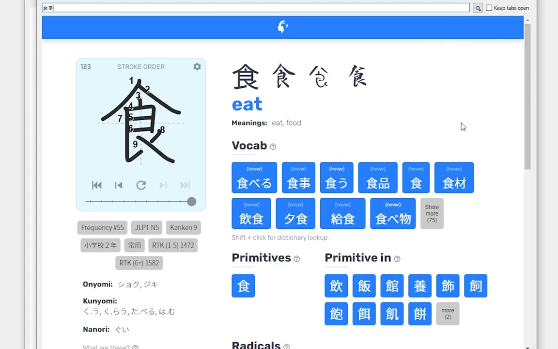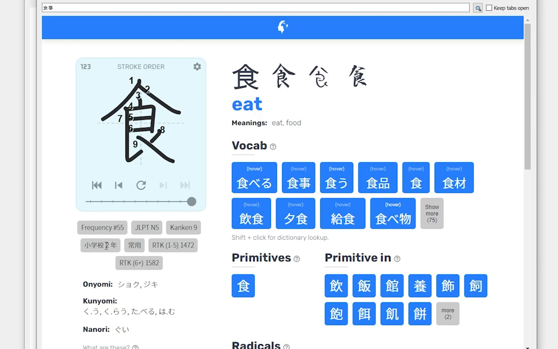So what do we see on here? In the top left corner, we have our stroke order diagram, and you can turn the stroke order on and off if you don't want to. And in the settings, there are some additional options where you can change the behavior of this stroke order diagram. And then down below you have the buttons. You can just play around with it a little bit, how it behaves.